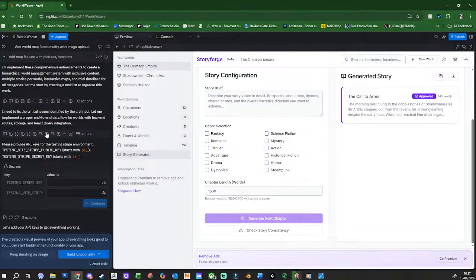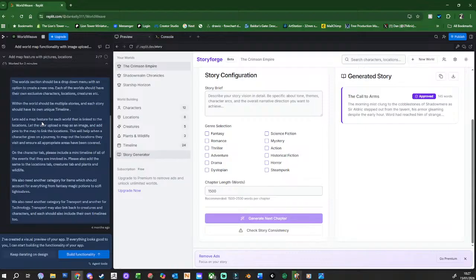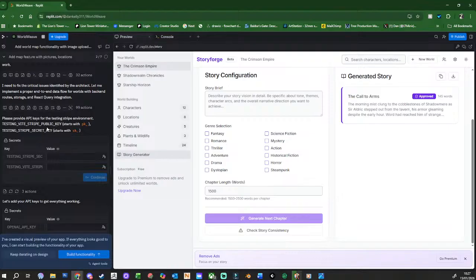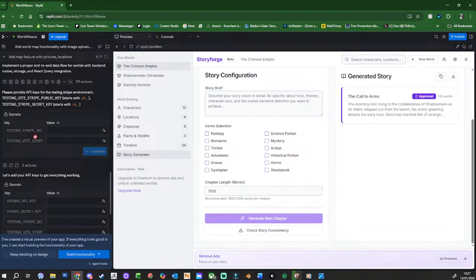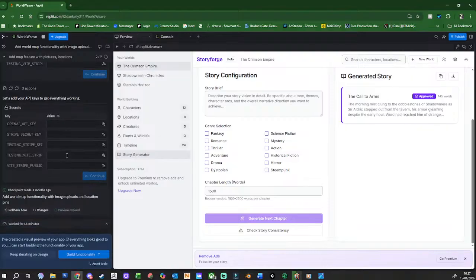But this is what the program kicked out for me from just a couple of prompts. This was about four months ago, I did this. But you can see here, it's going back, it's checking actions. It needs things like my Stripe payment data and stuff like that. So I've got to go and load a load of APIs in there to make it work so that people can pay and whatever else. But once I've got all of that information loaded, essentially this is a ready to run website. It's not very sexy to look at, but it's functional.